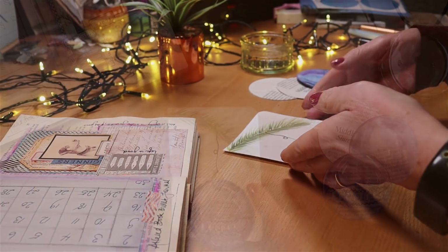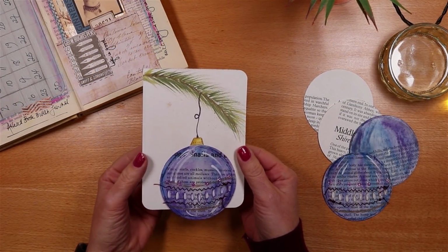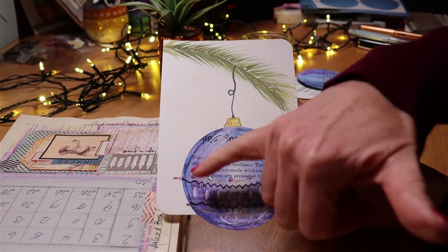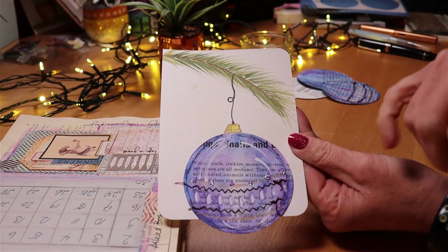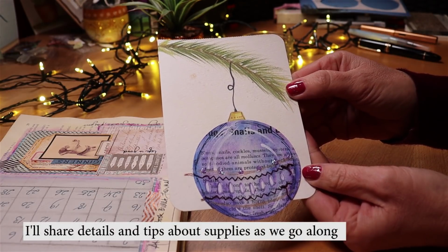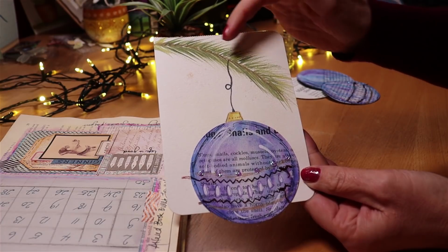The first thing I'm going to do is create this little image, and I've had a go at making one up and I just want to show you how I did it. It's a bauble made with an old book page that I've painted and then decorated, so you can use any of your paints and decorating materials, and I've just made it hang in a rather whimsical way from a branch